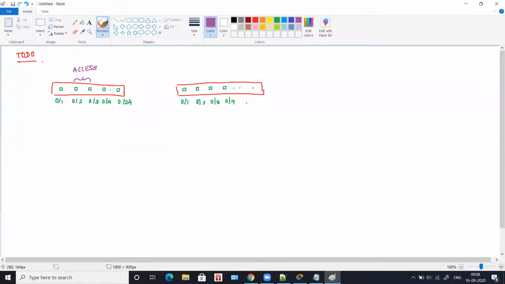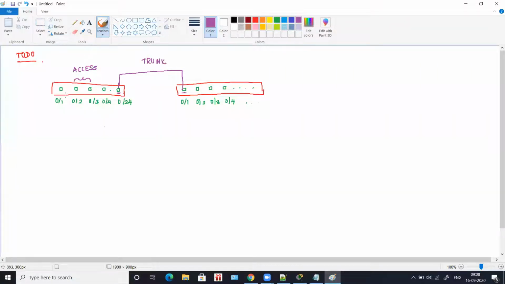So you're going to make these two ports access ports. Then 0/24 and 0/1 are going to be the trunk ports, because you're going to connect these two switches using 0/24 and 0/1.